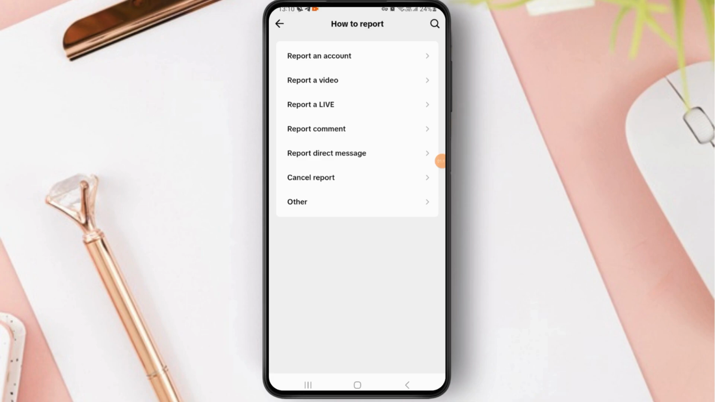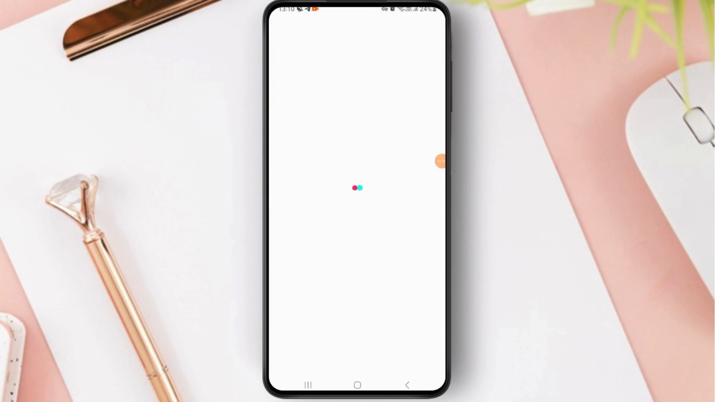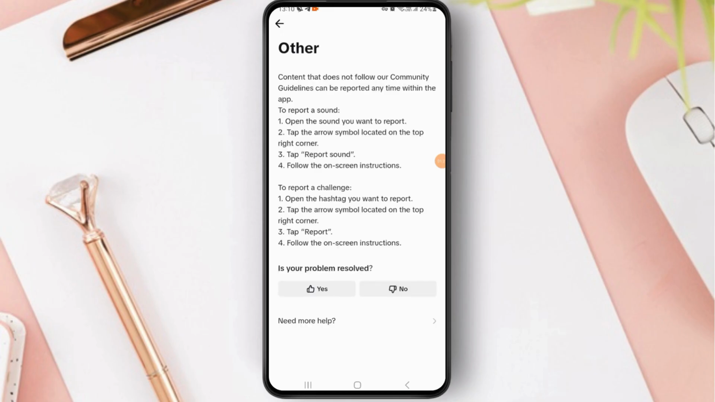and simply tap on other. And if you're having a problem, you can simply go and tap on need more help,